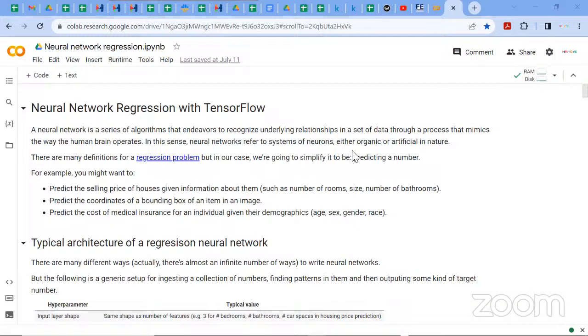All right, so like I said, neural network regression with TensorFlow. Let me, as usual, start with some theoretical aspects. By now you should know a neural network is a series of algorithms that endeavors to recognize underlying relationships in a set of data through a process that mimics the way the human brain operates. That's basically a neural network. So in this sense, neural networks refers to systems of neurons